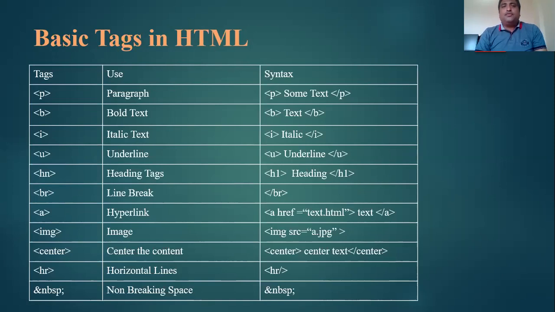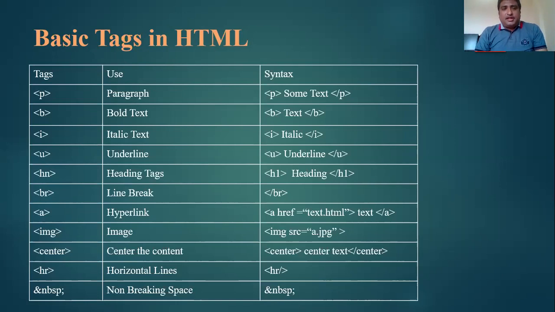There are two types of setting a path. First one is the absolute path and second one is the relative path. In absolute path, we set the path from its root element, that is from the server. We specify the path from the server. In relative path, we relatively set the path. For example, if the image is contained in the folder where we write the code, then we just need to write the image name. And if it is in a new folder, we specify the path of that particular folder.